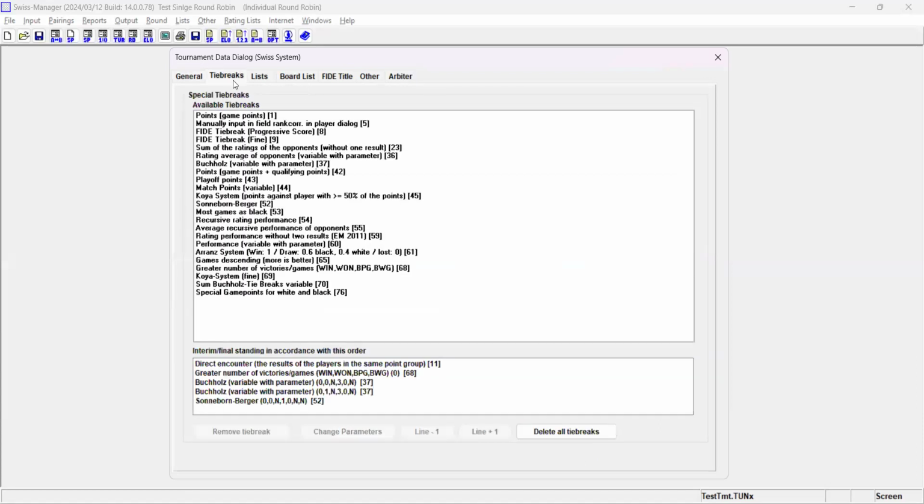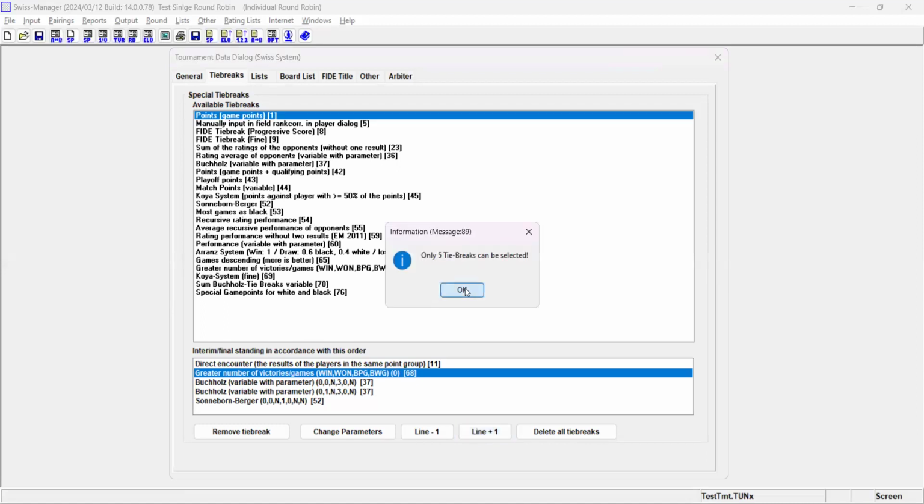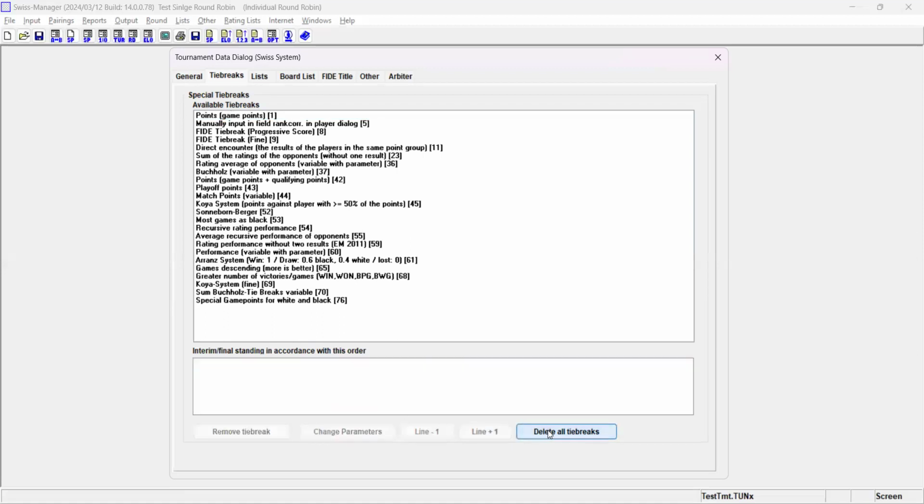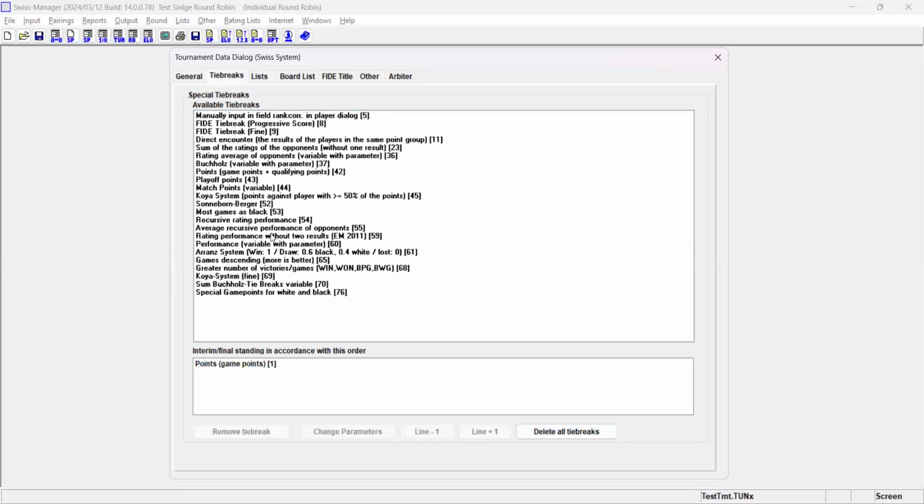Next comes the tie break. Normally the tie breaks we have are Buchholz, Cut 1, Cut 2, and SB. Those are the basic things we will be dealing with for State Arbiter, National Arbiter and FIDE. Before that, there are two different tie breaks. One is the greater number of victories, that is, how many wins the opponents have come across, and the total number of points. These points can be included, and here the difference is, let me change it. I'll delete everything. So first is the points, and next comes the actual